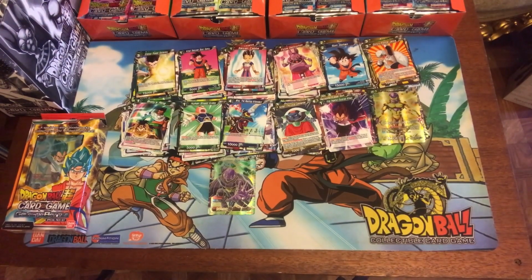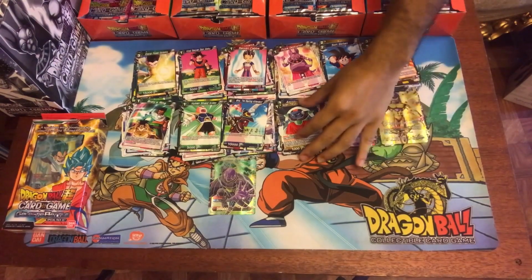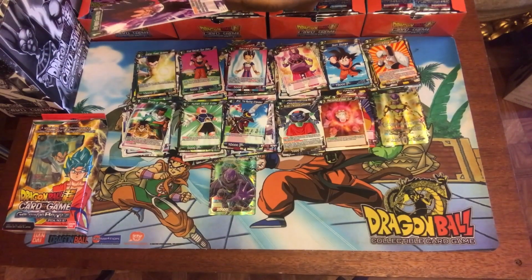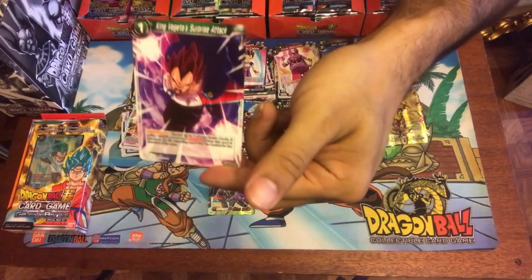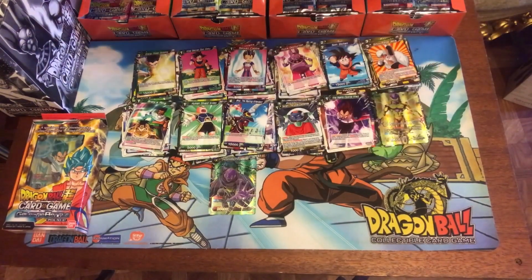So this is what I'm going to do, guys, just to kind of speed up the video, because I want you guys to see exactly what I have while still being able to enjoy the video. And I'll go based on some cards, like the King Vegeta surprise attack. Activate battle, choose up to one of your battle cards. It gains 10,000 power and revenge. When this card is attacked, you KO the attacking card. Okay? So I don't want to speed through it too much, but